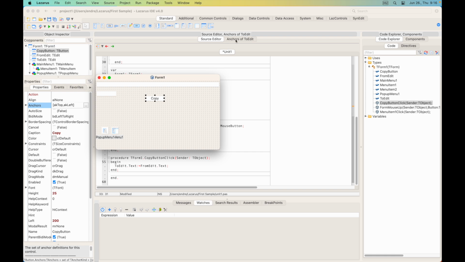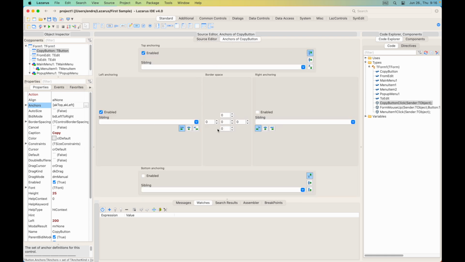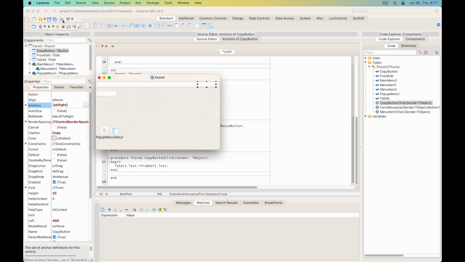Let's do it with the copy button as well, but this copy button we should link to the bottom of the form. No, not like this, sorry. This one we disable, we put it to the bottom, and here to the form, and we put it to the left side, or to the right side, sorry, like this. And let's put it 16 points from the right, and here I did not set the position, let's put it also to 16. Okay, so when we go back,